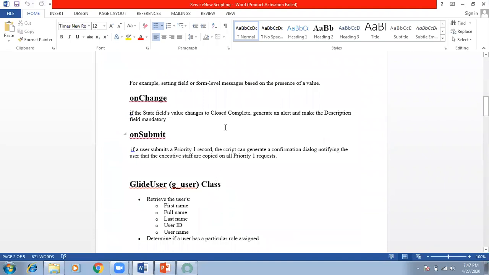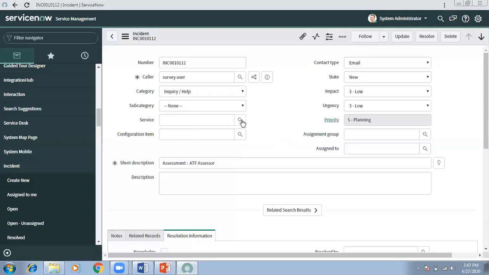OnChange is when the user changes something on the form, and based on that certain other things should change. We discussed two examples previously for the client script, and they were onChange.